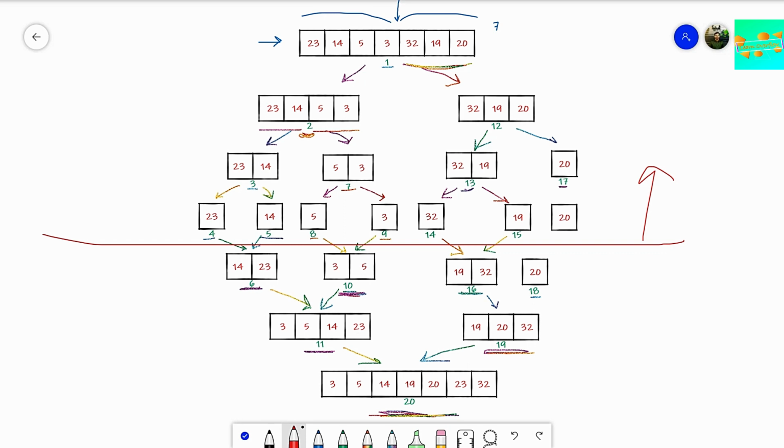But the only problem that arises is that it creates a new memory location. Every time, it just goes on creating new memory locations. So that's the problem if you are running low on memory. Then merge sort is not an easier method for you. But nowadays memory is a lot less of an issue, since almost all devices we get are high on memory. So we find merge sort to be a much faster process to sort an array,